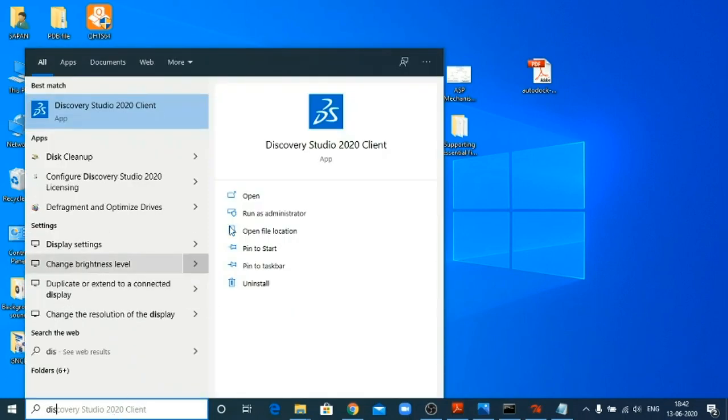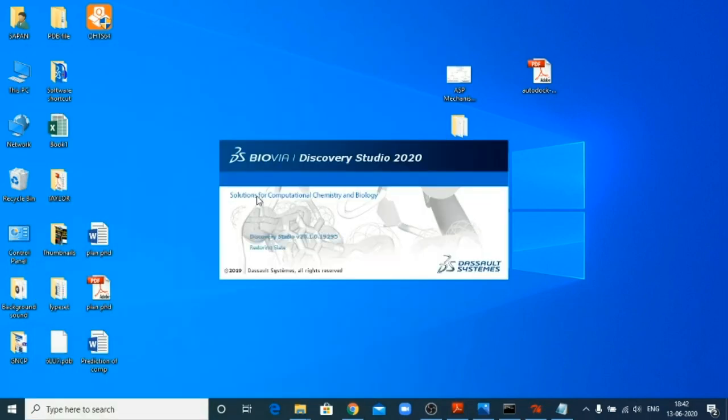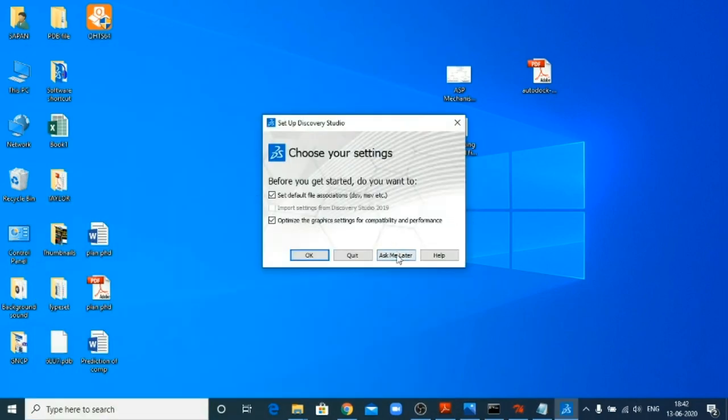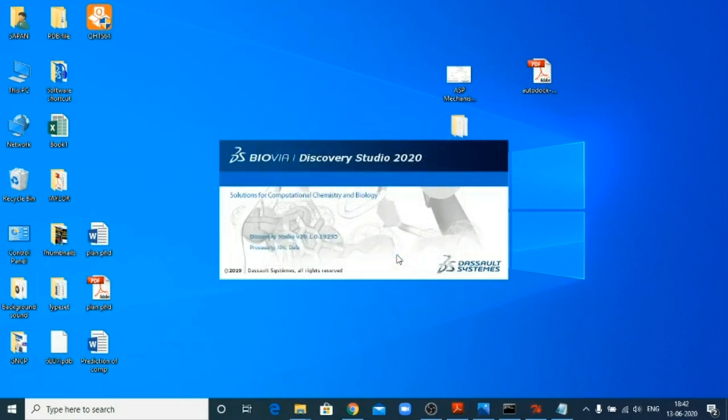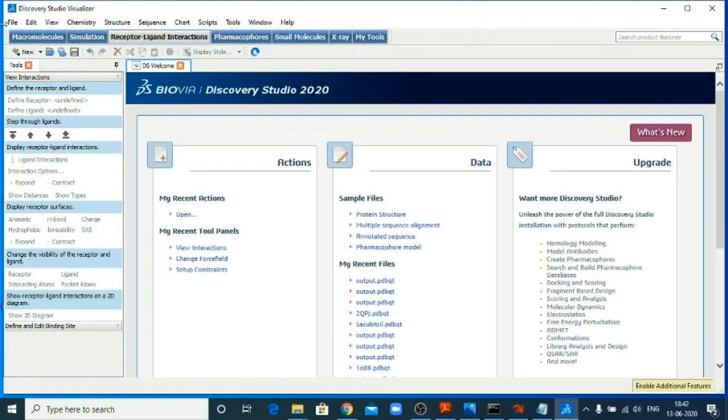I have a Discovery Studio Visualizer. So open it. Ask me later. Go to the receptor-ligand interaction tool.